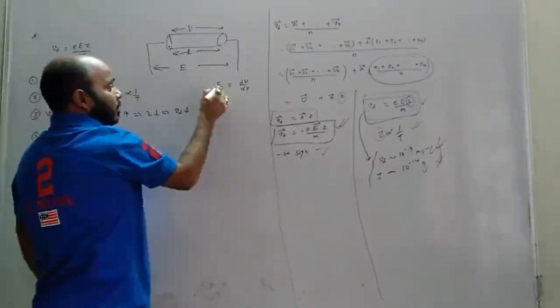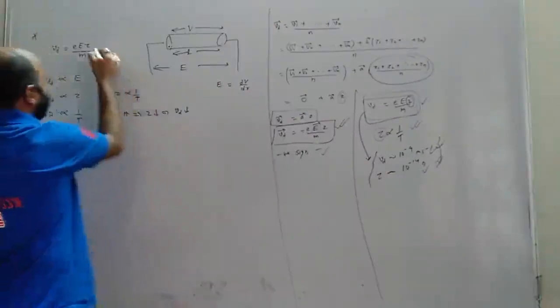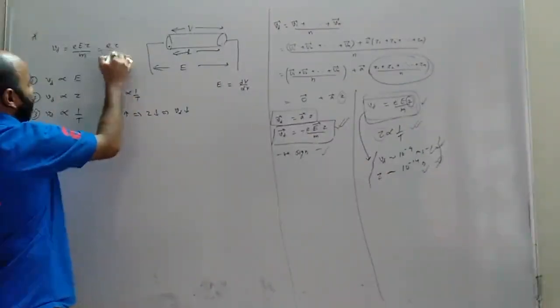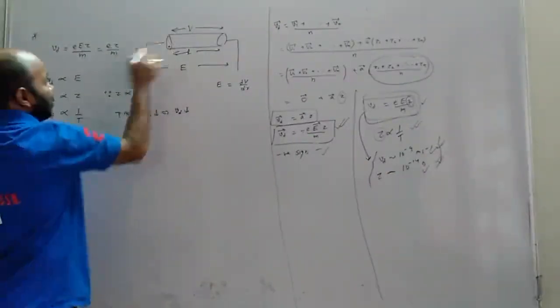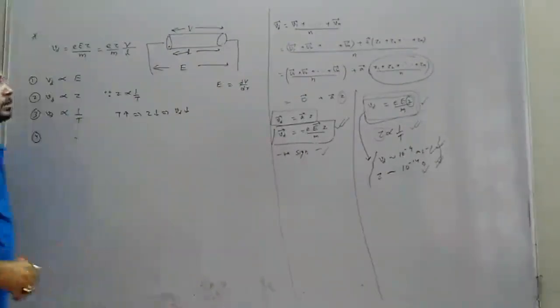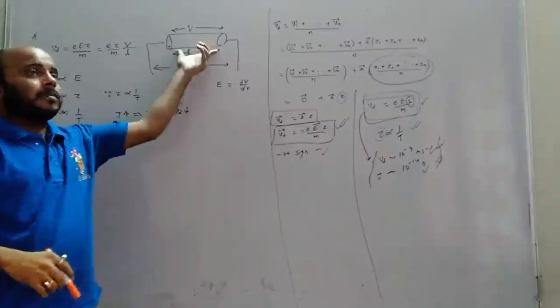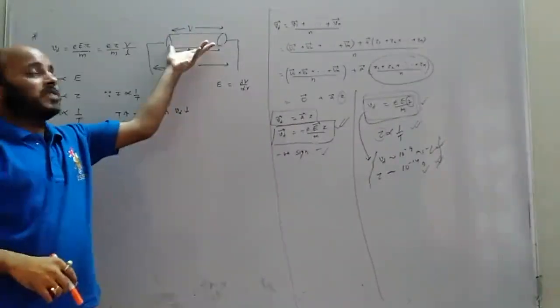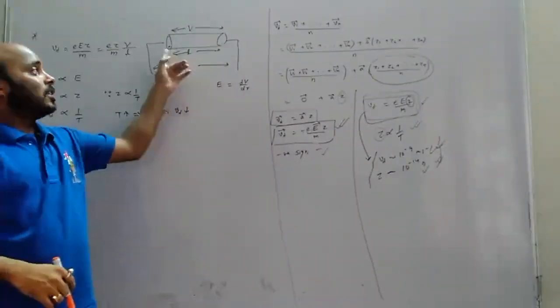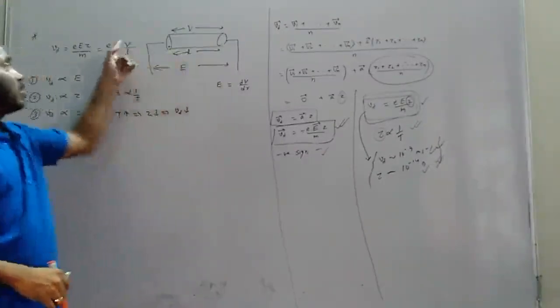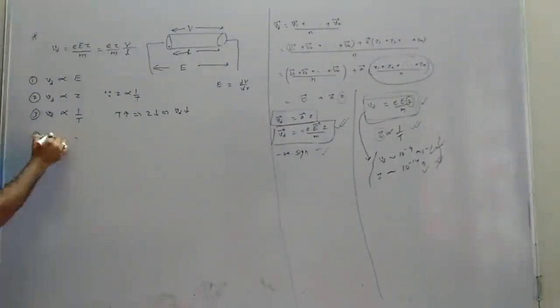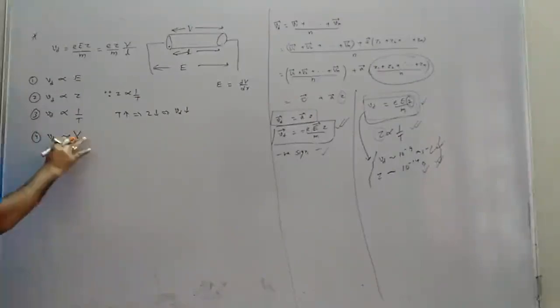So if you apply this formula here, what happens? E tau by m, in the place of E. What is the potential difference V? What is the length L? This E is the electric field across the conductor. So V is the potential difference across the conductor, and the distance across the conductor is the length. So V by L. From there we got one more thing: the drift velocity is proportional to potential difference, and drift velocity is inversely proportional to the length.